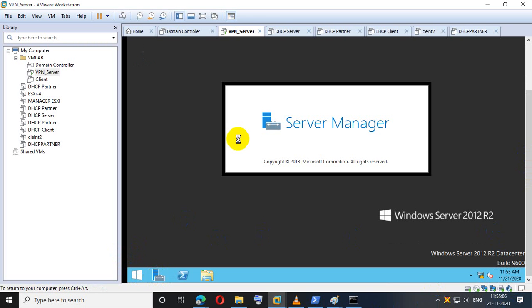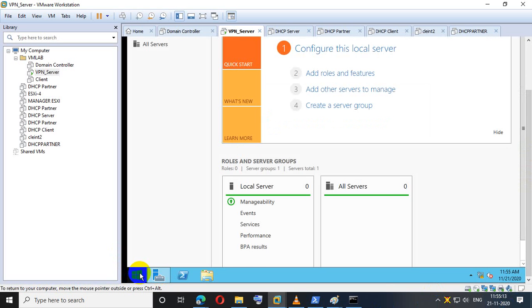I'll install the role. Okay, first let's create users and groups. A few users have to be created, those are the VPN users, I mean they can help us to connect to the server for the VPN.